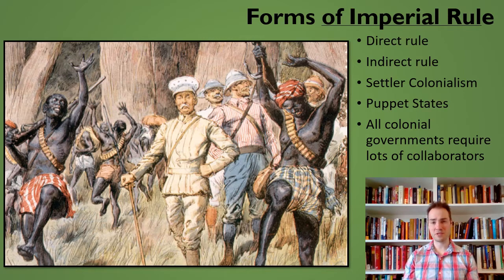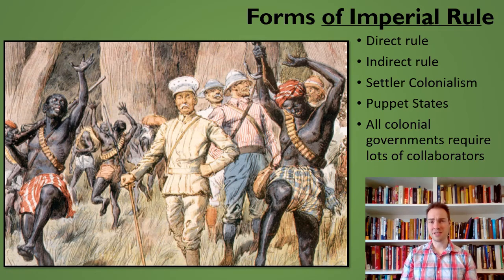Indirect rule works a little bit differently. So, for example, for much of the British colonization of India, it was by the East India Company. And even though the British government wasn't necessarily controlling everything, British people were in charge of the economy, the police, the military. They weren't running the country per se. It wasn't necessarily done by the British per se, but British people were the ones exploiting everything, the ones in control of everything behind the scenes. You might keep a local king, but he might be beholden to you, things like that.